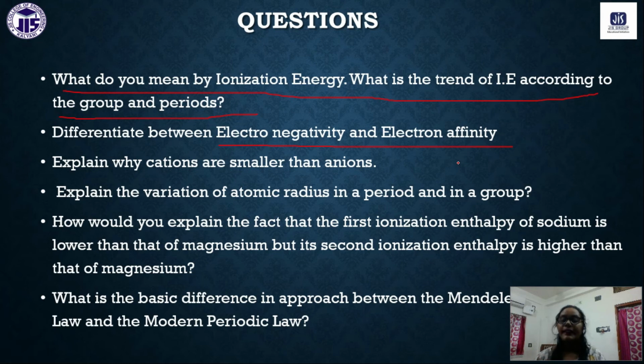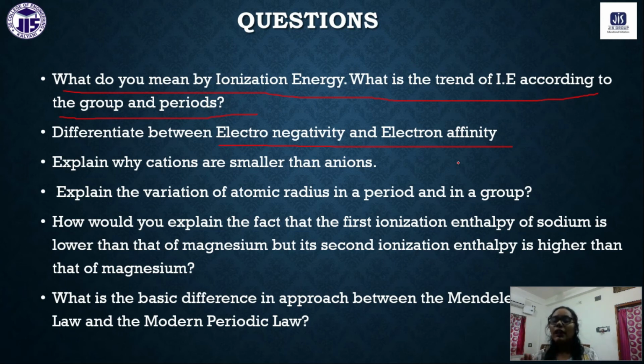And electronegativity is a property of an atom, like in water molecules. Oxygen is bonded with two hydrogen atoms. They have covalent bonds. Covalent bond means the electron will be shared by both atoms 50-50, right? But due to the higher electronegativity of the oxygen atom, it will pull the electrons towards itself, and thus a partially negative charge will be produced on the oxygen atom, and a partially positive charge on each hydrogen atom.